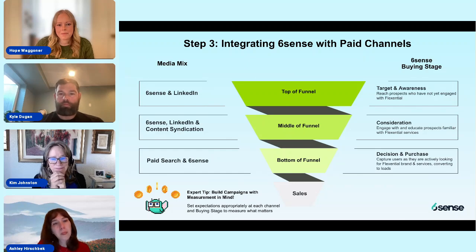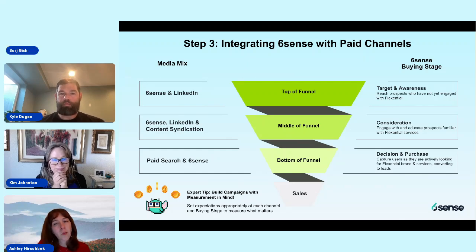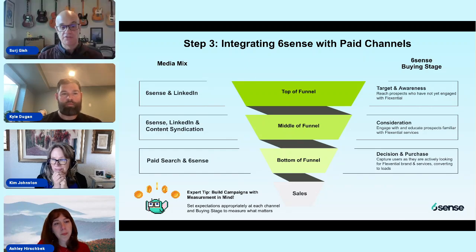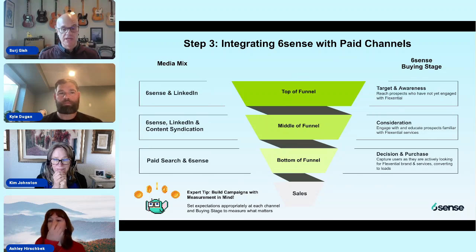Yeah, so Hope has talked about the necessity and the crucial nature of having the channels connected to performance measurement and things like this. And when we're building campaigns, we think about campaigns with measurement in mind. In particular, in this case, a really good example was that it was crucial to measure performance of content syndication after email nurture had time to do its thing. If we looked at content syndication performance earlier, it wouldn't have told the whole story.